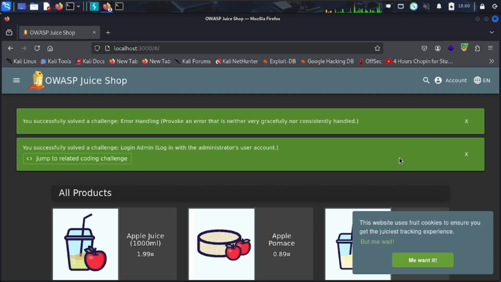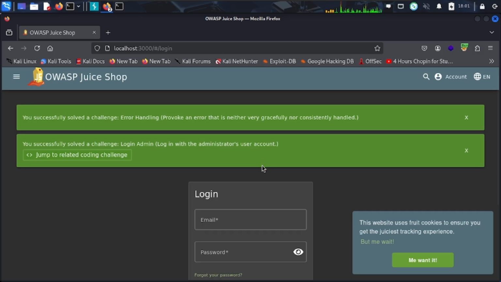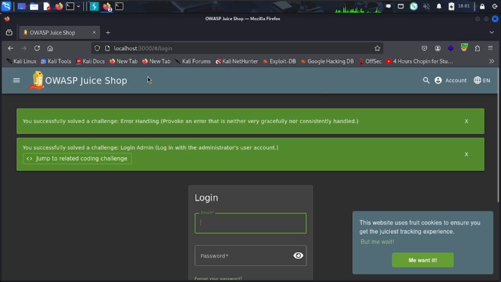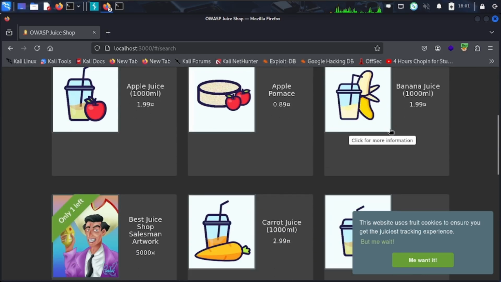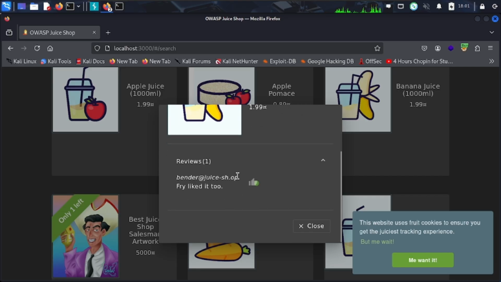Now let's go back to our form one more time. Let's go to login. So we have discovered an SQL injection that allows the attacker to log in as the admin with an administrator account. Now let's try to see if we can log in with a different account. Let's see if there are any names or information here that we can use. Let's go to reviews. Here we see an email,